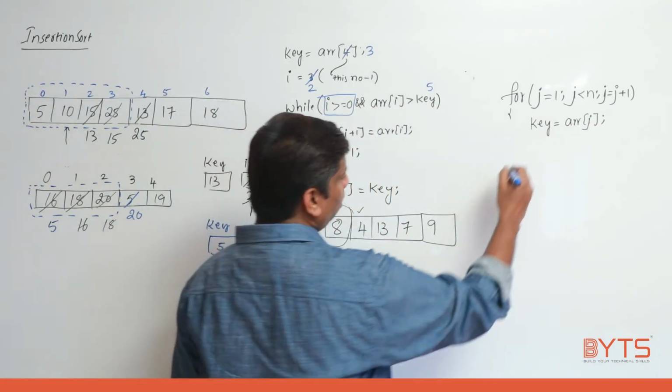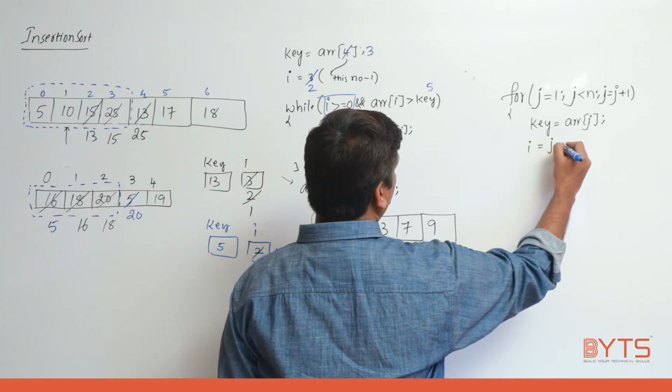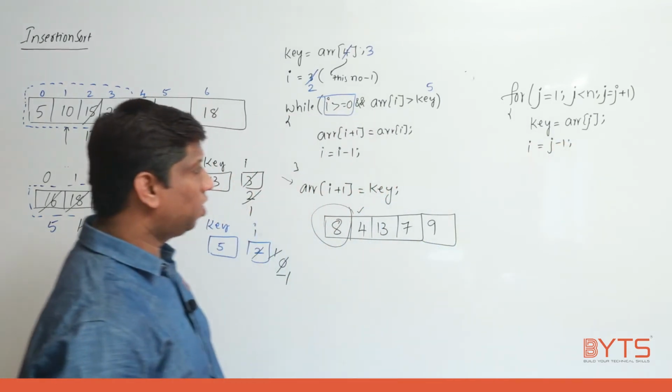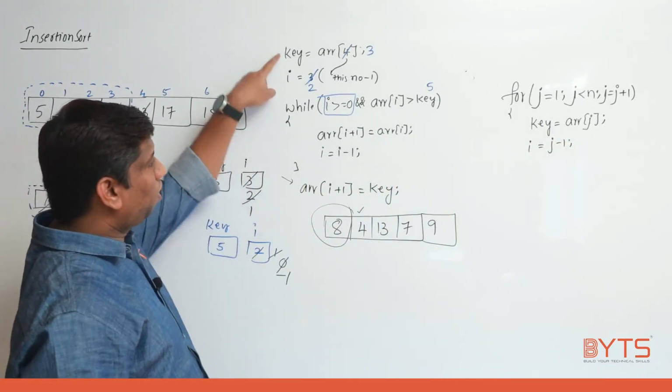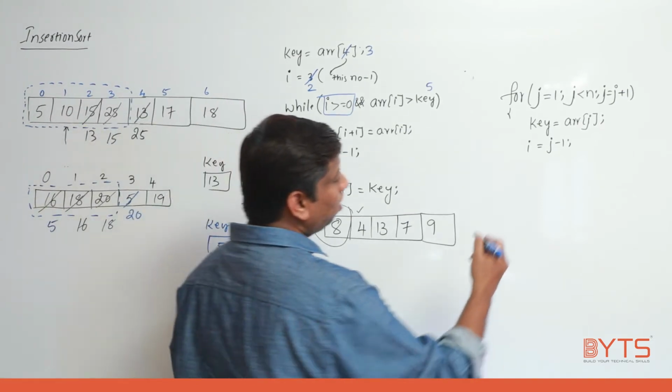Next, what should I do? I is equal to J minus 1. That's all, right? Now this logic I need to write. Key is there, I is there. Then what can I do? Can you please see? While